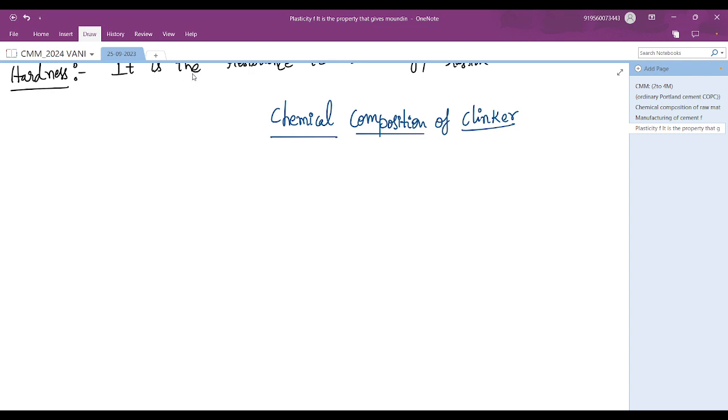As we have just seen, clinker is formed by the calcination of raw materials in rotary kiln. Hence, oxides present in the raw material